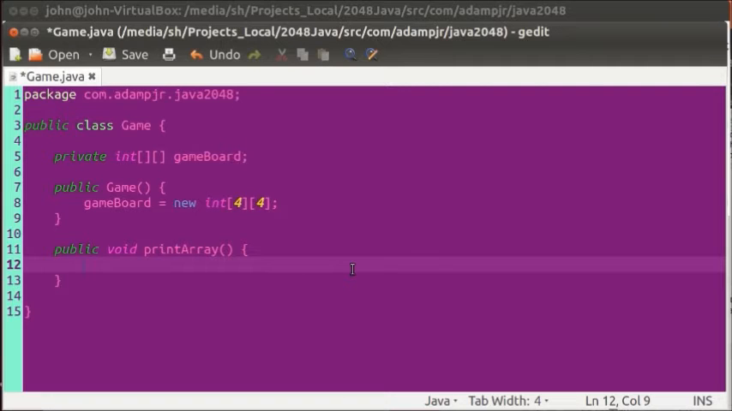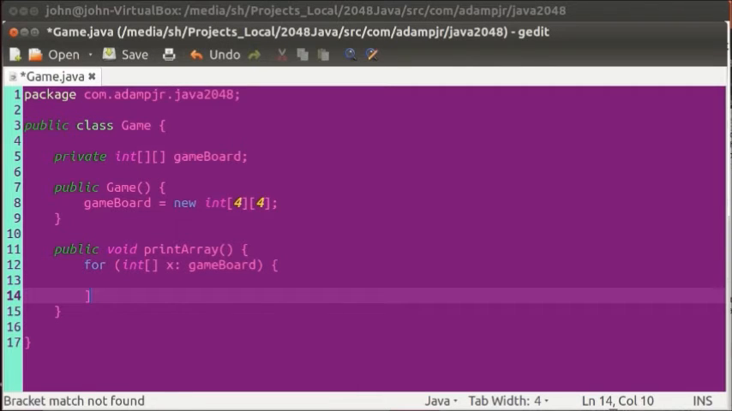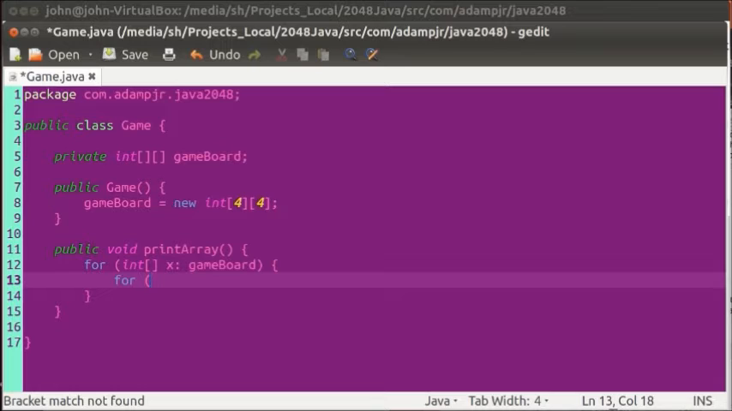Now if I understand Java correctly, we won't need to initialize the array by explicitly telling it to fill it with zeros. They should all start at 0, but we'll have to test that. We'll do for integer array x in game board. This will be a for loop. And within that for loop, we'll do for int y in x,